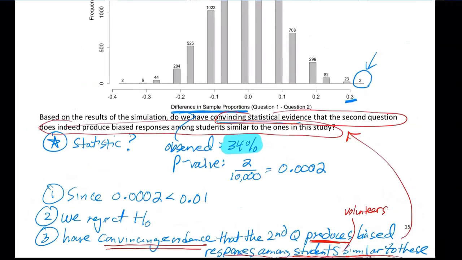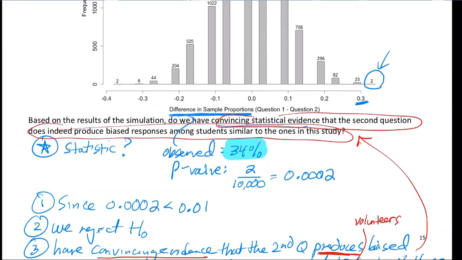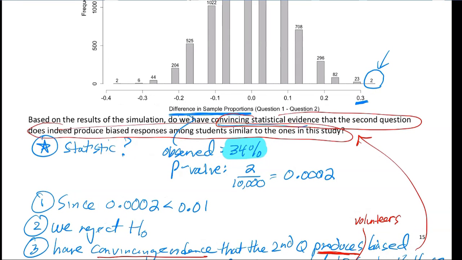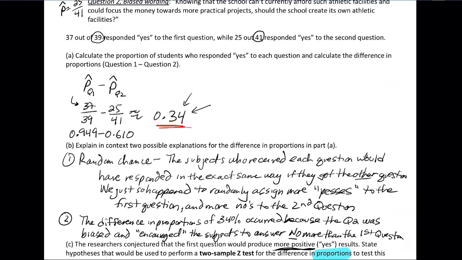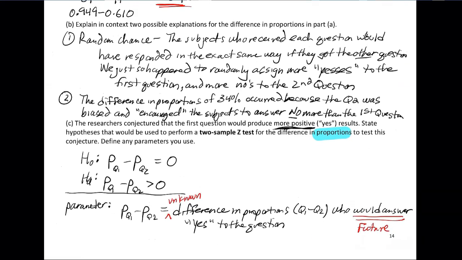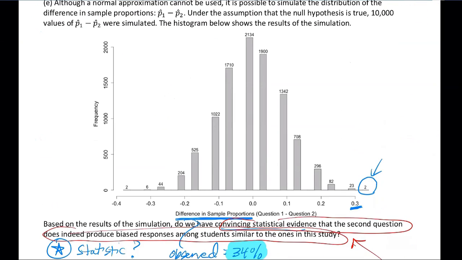So this was a 5-part FRQ. If you're wondering, would the AP Statistics exam actually ask a question like this? Yes, indeed. I modeled this question after a free response question from several years ago and just used this student data that was collected in a project for our context. So you could see something like this, where you state hypotheses, you say, oh, a condition isn't met, and then finally, we can get a p-value from a simulation, even if a condition isn't met.